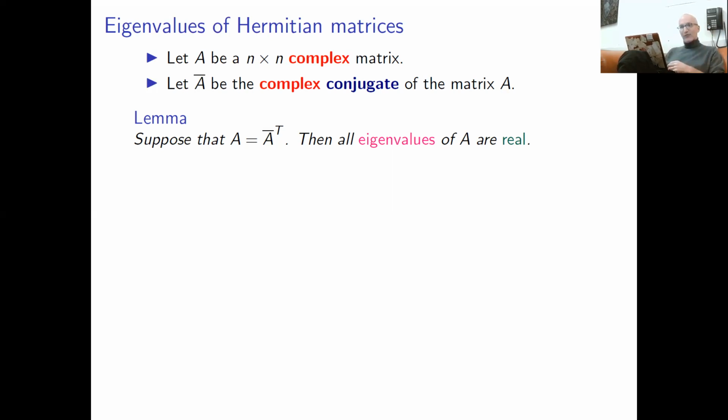Try to do the same with 3 by 3. Take a 3 by 3 real symmetric matrix. You want to prove that all its eigenvalues are real. I'm abusing notation a little bit here. When I say all eigenvalues are real, I mean that complex eigenvalues, the roots of the characteristic polynomial, are real. On this slide, I assume all matrices are complex, even if they have real entries.